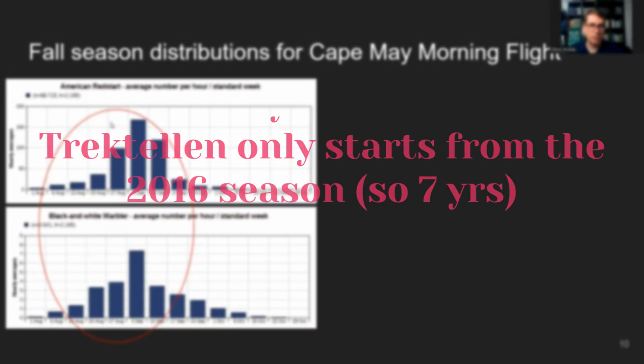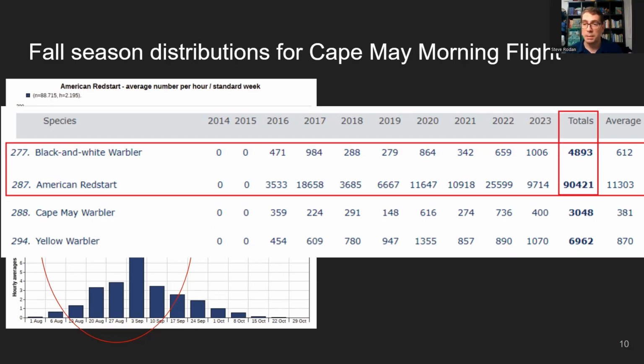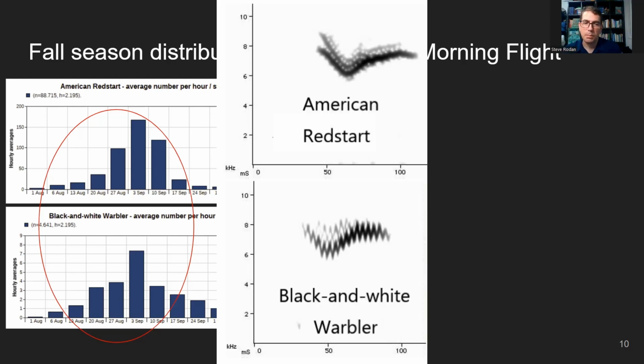And of course, the peak average number is much higher for Redstarts. There's just many more American Redstarts that migrate through. But it's interesting, at least slightly amusing to me, that these two species that have similar migration timing distributions also have very similar calls. The main difference being the modulations in the black and white. Maybe I'm just getting nerdy here, but